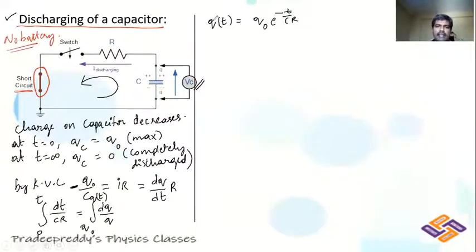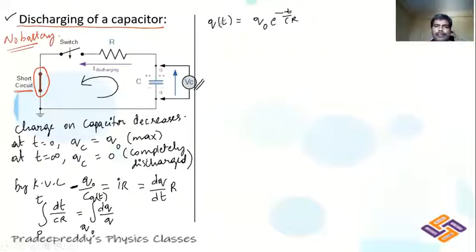This is the final expression for charge across the capacitor, right? That is the final value. Now, a very important equation. The difference is, in the previous case of charging, you had q naught into 1 minus e power minus t by tau. Whereas in case of discharging, this 1 minus is not present. Remaining everything is q naught into e power minus t by tau. That's for your simplicity to remember. I am telling you this.